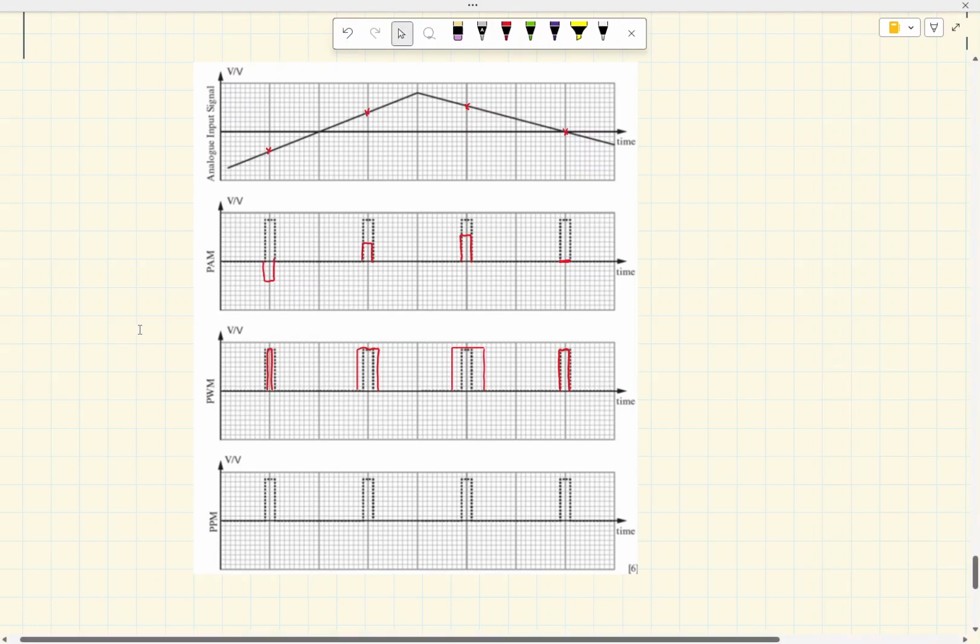Pulse position modulation, so we're going to vary the position of our pulse according to the voltage. So if our analog signal is 0 volts, our position doesn't change. If we've got a negative voltage, then the position of our pulse goes behind the original. So therefore this is a negative voltage, so I'm going to draw our pulse 2 squares wide, behind. This one is then a little bit, so I'm just going to go in front